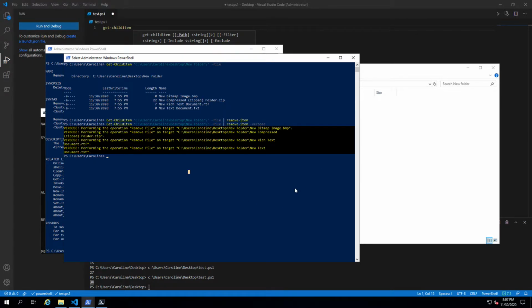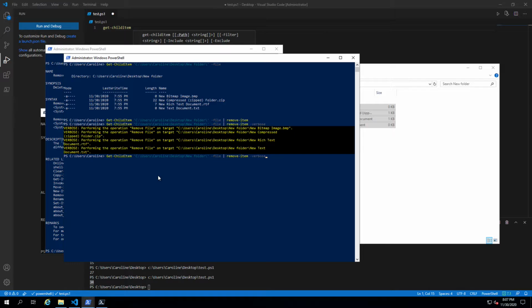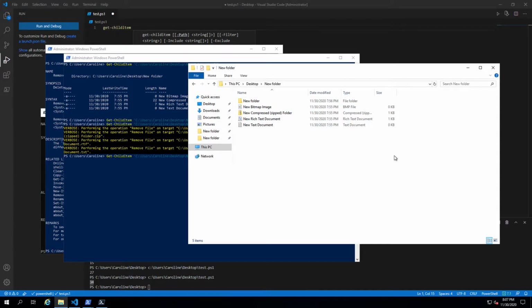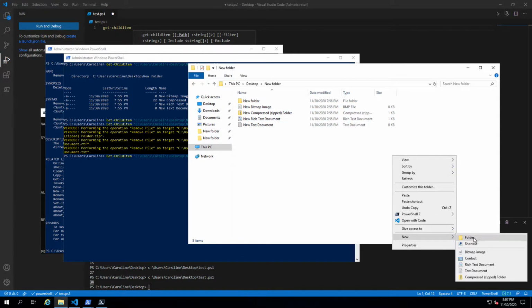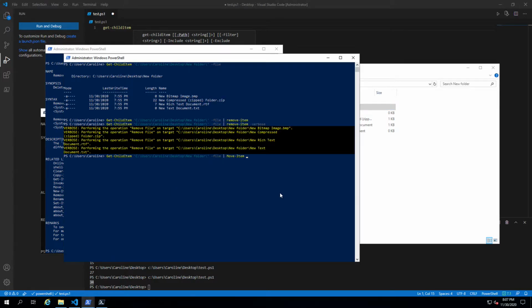All right, let's put this back, and then we can do something else. Instead of removing it, we're going to copy those files, or we can even move them. Move-Item. Let's say I want a new folder here. We're going to move them to this new folder. We're going to call it test. So Move-Item, Destination,